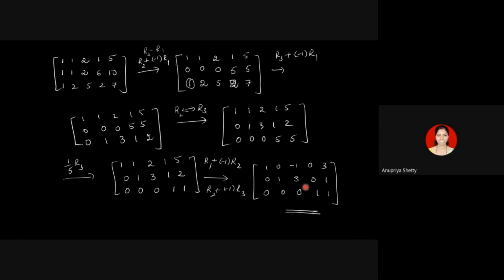No, right? So if anybody knows anything about that, you can answer me, like how the final matrix should look. Otherwise, you see, instead of doing this operation, if I just omit that, then the final matrix which I get will look like 1 0 minus 1 0 3, and then the second row will be 0 0 0 1 1. The last row would be 0 1 3 0 1.